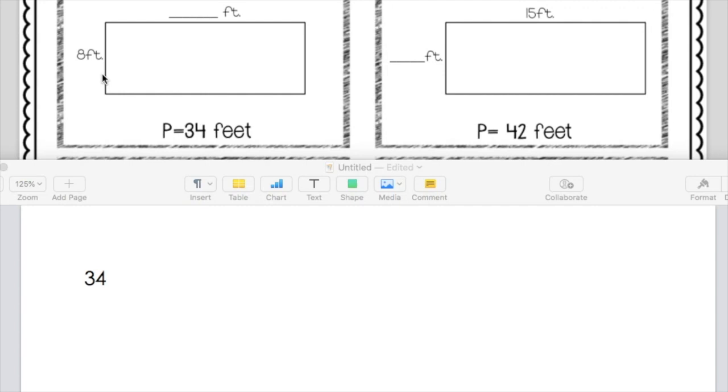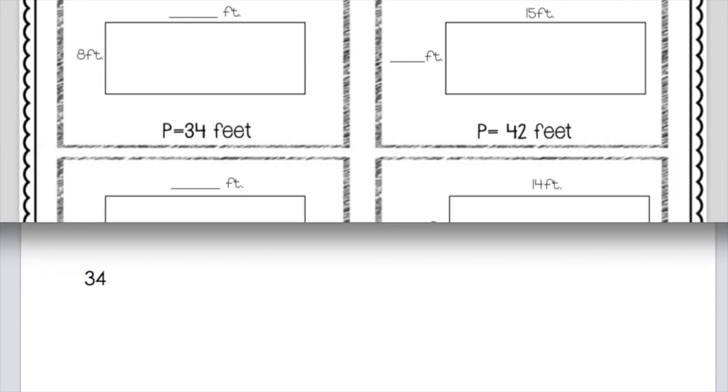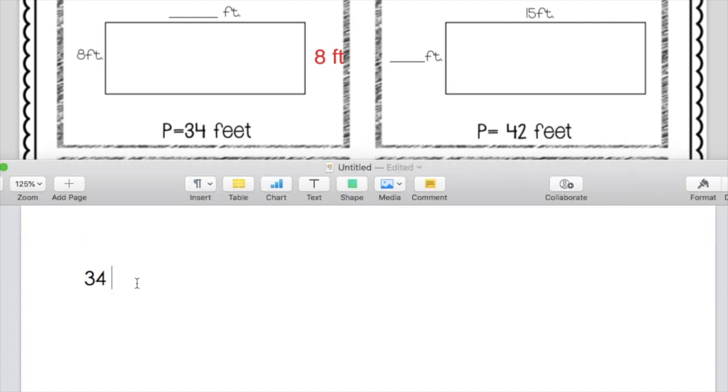Now, we are working with a rectangle. So that means that this side is the same as this side over here. So I can add in to say that this is 8 feet. Okay? Because it needs to be equal. Now, we know that in order to find perimeter, we add up all of the sides to get the answer. So if we have 34 feet, and we know that this plus this plus this plus this equals 34, we